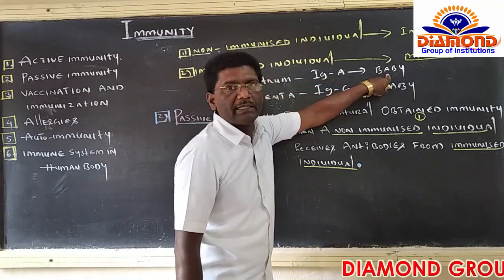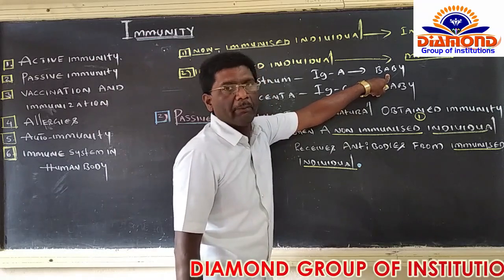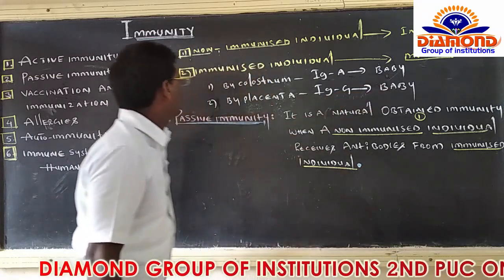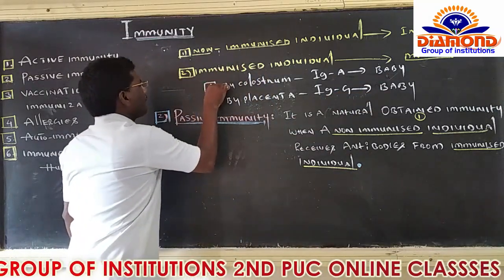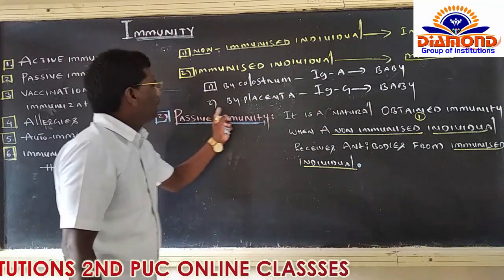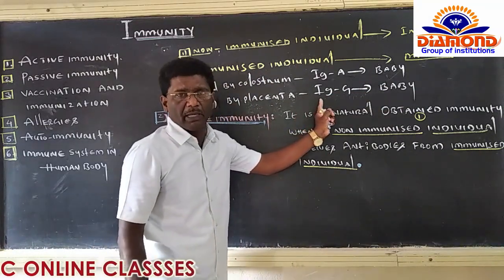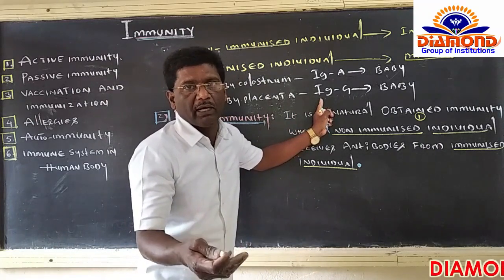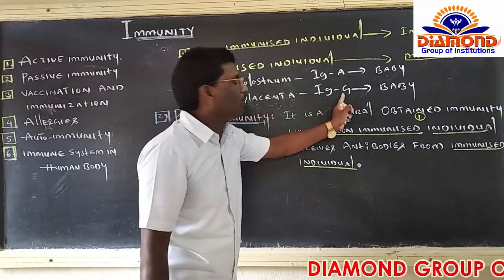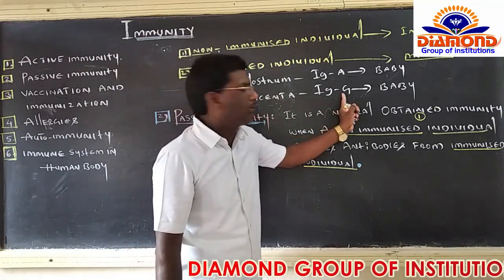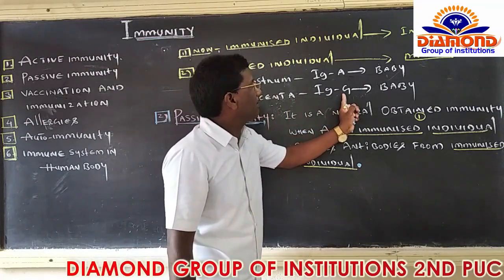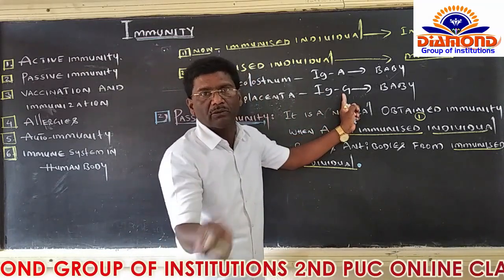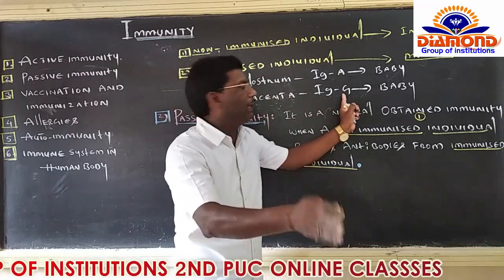So the baby can easily obtain IgA from the mother's milk, number one. And number two is by placenta. When the baby is in the mother's womb as a fetus, whatever immunoglobulin G antibody molecules are present can be transferred from mother to fetus